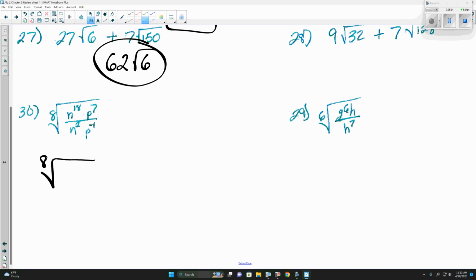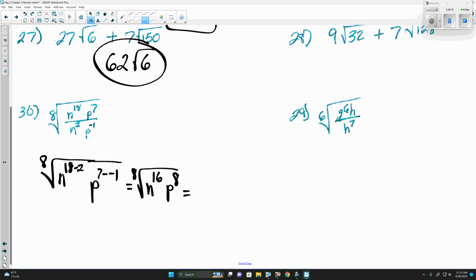Now with this here, whenever we divide like bases, we subtract the exponent. So n to the 18th over n to the 2nd would be n to the 18 minus 2. P to the 7 minus -1 would be our other variable. Now if we simplify these exponents, 18 minus 2 is 16. 7 minus -1 would be